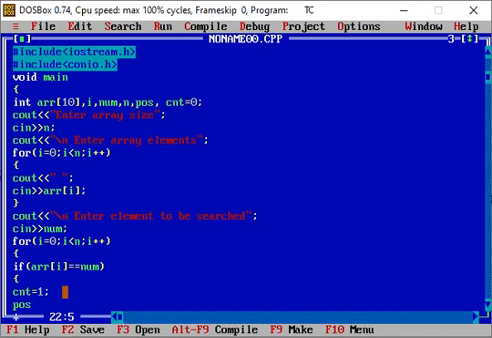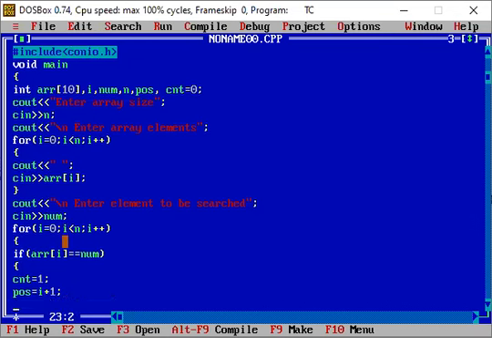So we can use position equal to i plus 1. Why do we need to increment this position? Because we are starting the loop with the position 0. So let's suppose my element is available at the third position. If I write i plus 1, that means 2 plus 1 will be the value 3. So that's why we increment the value of our position.